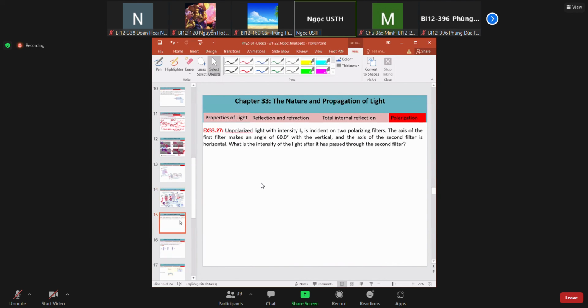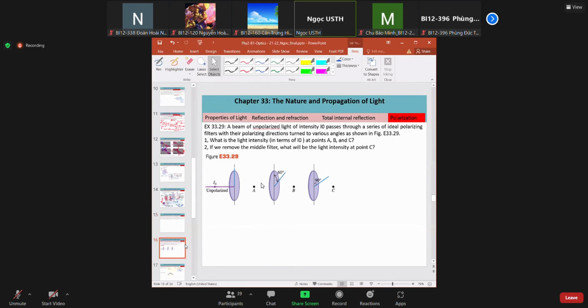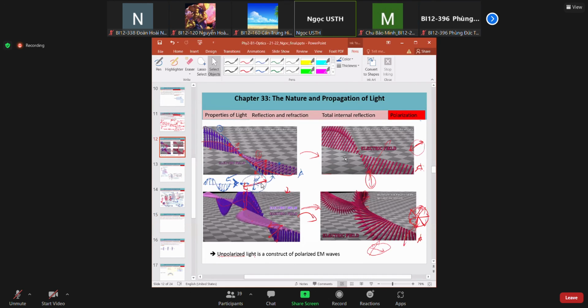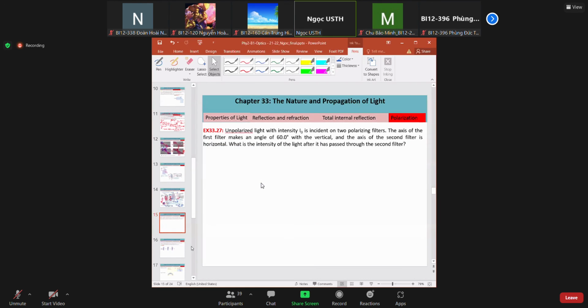So here I prepared a problem for all of you, but maybe we have no time to solve it because I took time to explain polarization here. But I think it's not too difficult for all of you to solve it now. We have the unpolarized